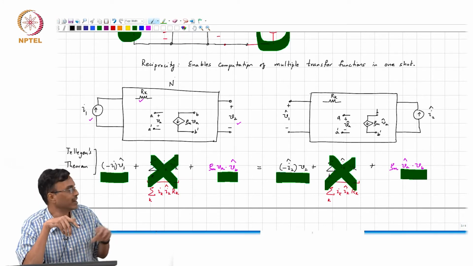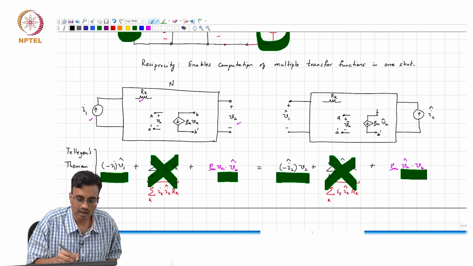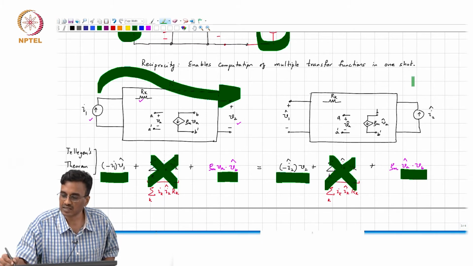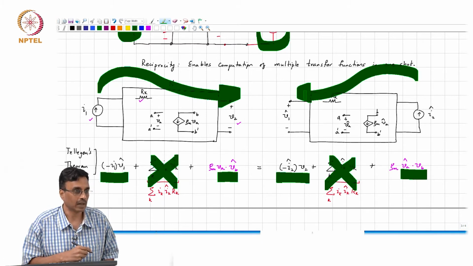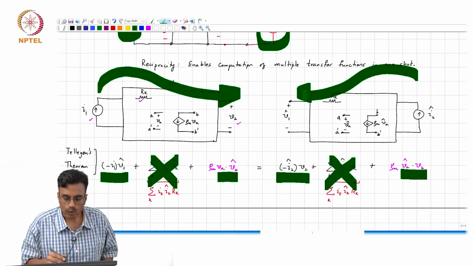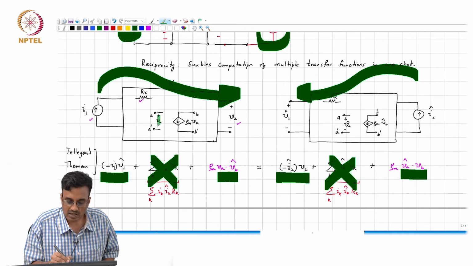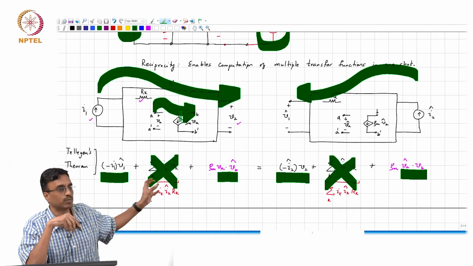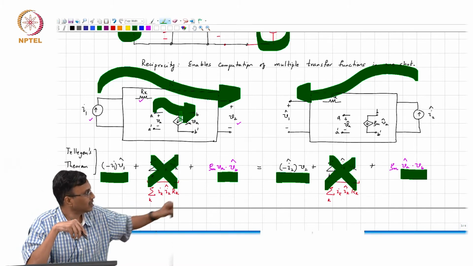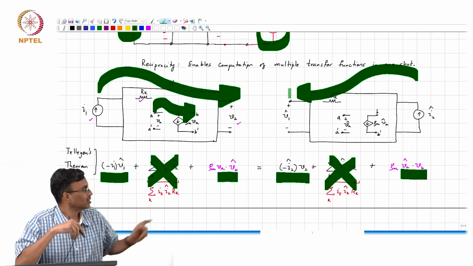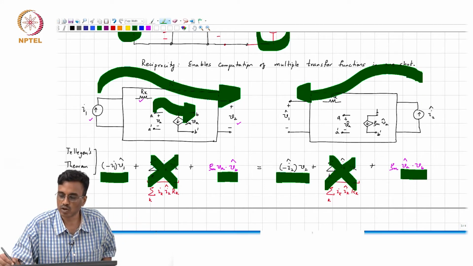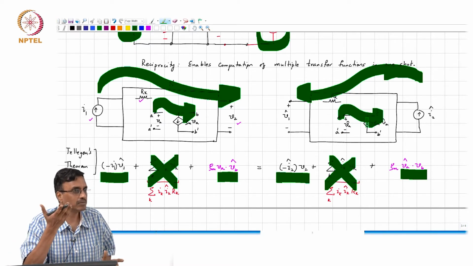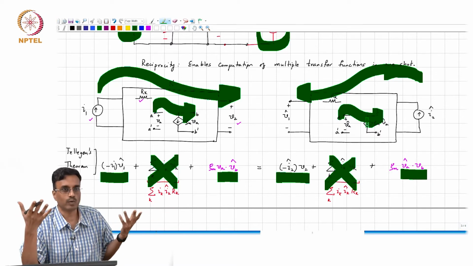Okay. So, if you have any hope of making this work, what you were hoping to get with reciprocity is to find that the transfer from here to here is the same as the transfer from here to here, correct? Okay. If that were to happen, you can see that from A to B, signal flows like this, right? B is influenced by A. If you want the same transfer function, when you apply the excitation on this side, here the signal still can only flow in that direction. So clearly, it is apparent why that doesn't work, right?